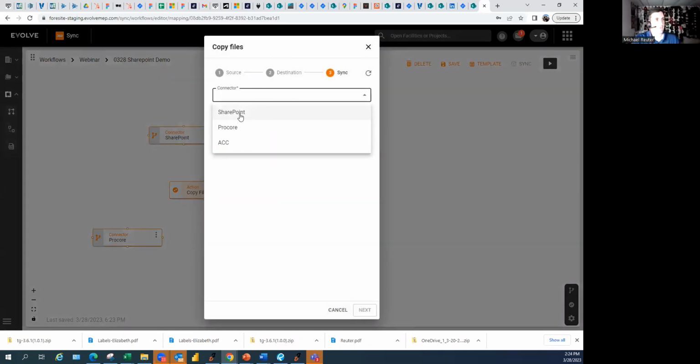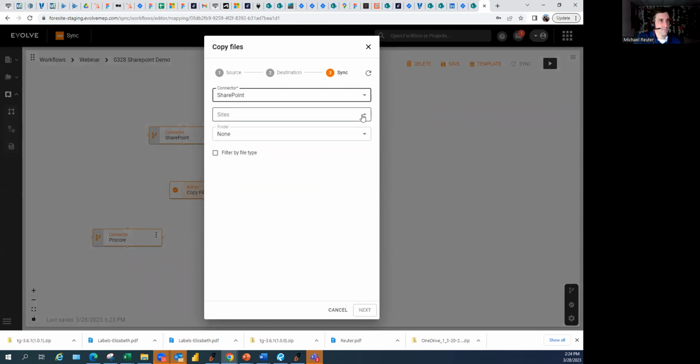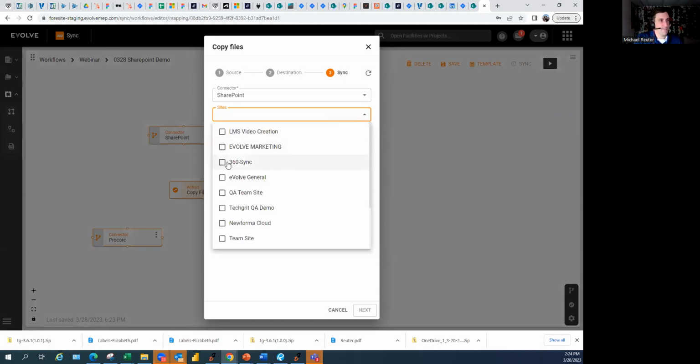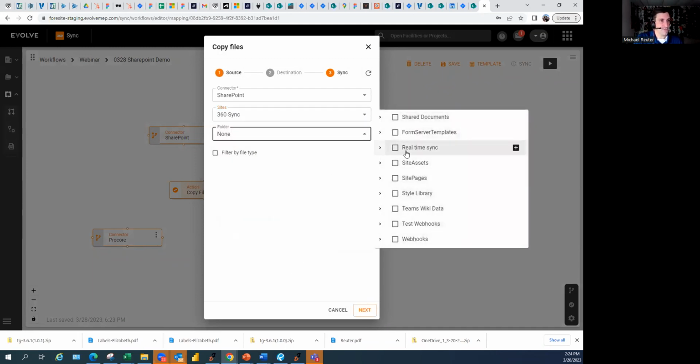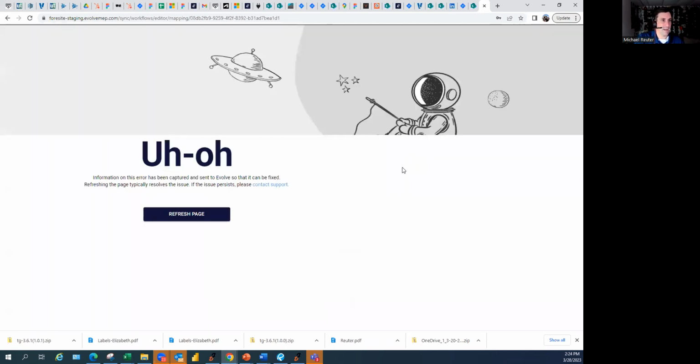Okay, so we'll start first with our source. If I want to copy files from SharePoint, then I will pick the project that I want to connect to, and then I'll choose the folder that I want to sync with. If I wanted to sync everything, I could just pick Shared Documents. Or if I wanted to, I could hit the drop down and I could pick, oh,